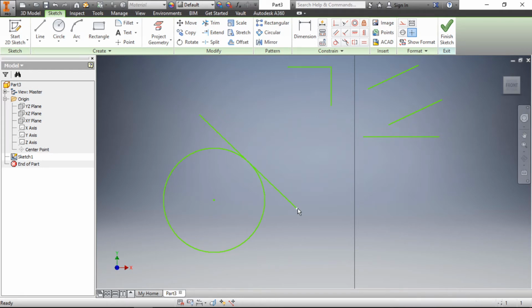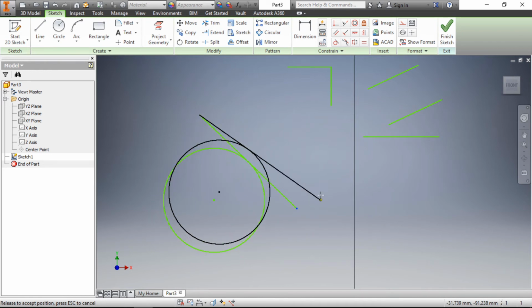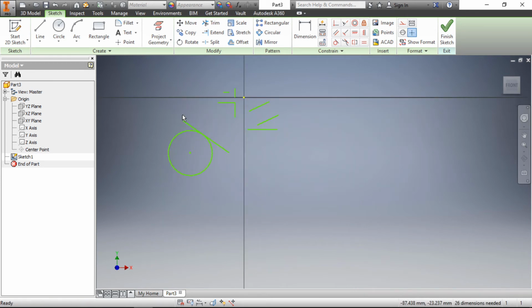If I change the length of the line, it will remain tangent to the circle. Same way, if I change the diameter of the circle, it will remain tangent to the line. So that is the tangent constraint. Let me explain another constraint.